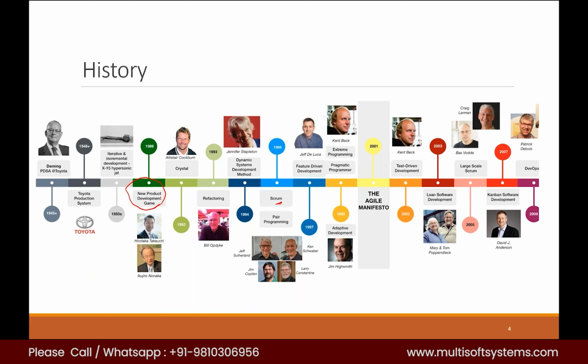But in 2001, what happened? There were around 30 people who were in touch with each other, who used to meet during conferences or meetups, and they used to try something new in their organizations or with their teams, just to make their work more efficient. And in 2001 they decided to meet in a place called Utah, which is in the US. It was 11th February. They met in a resort, and the purpose was they wanted to come up with the best framework which is going to work for all kinds of projects.